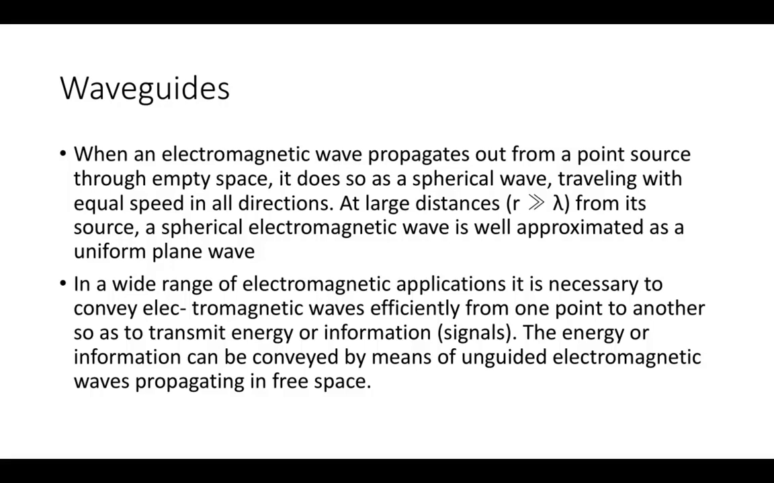Now, if we get far enough away, which means the distance away is much, much greater than the wavelength of the traveling wave, we can approximate the spherical electromagnetic waves as a uniform plane wave. And what we mean by uniform is that across the plane that's perpendicular to the direction of travel, the electric and magnetic fields are constant, and that its direction of travel is